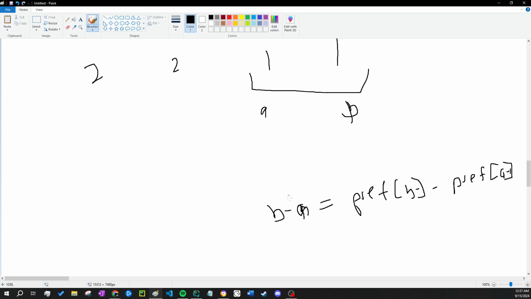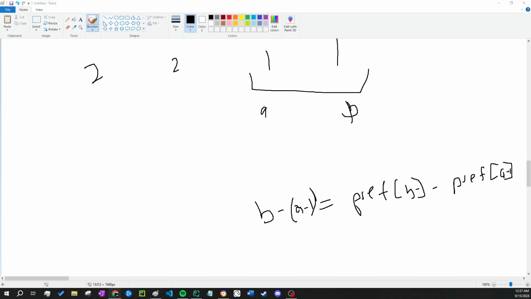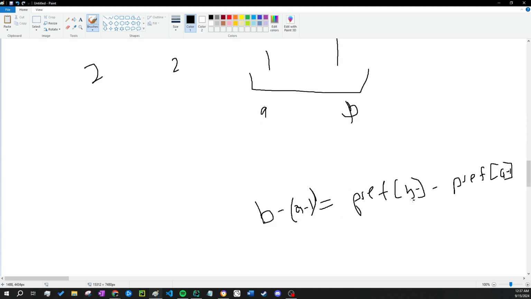I guess it's B minus A minus 1. This formula probably guarantees us that if this is true, then this is what's it called? I'm sorry.